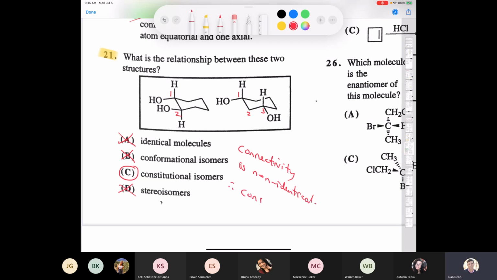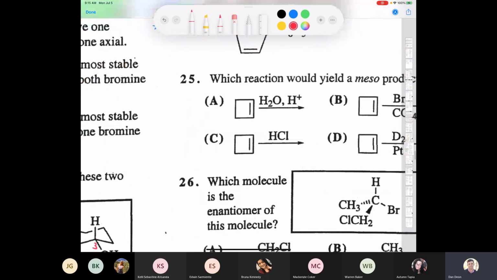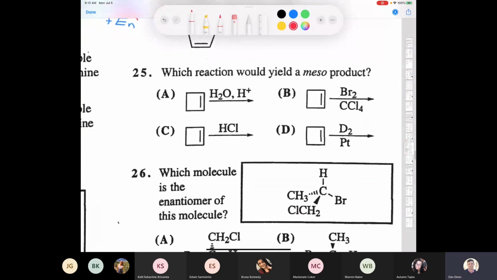Therefore, they are only constitutional isomers. There you go. So this is a question that I would say would probably be maybe a little easier than some of those stereochemistry questions that we've looked at already. And for the next one, I made some notes about it because there's a lot of information in